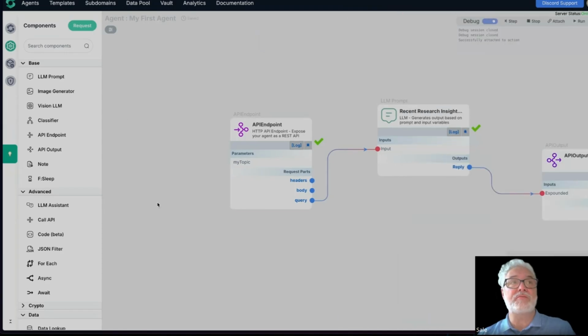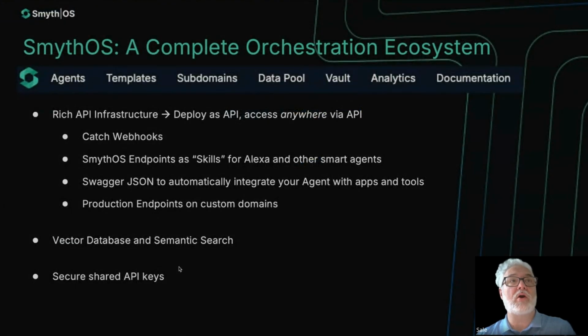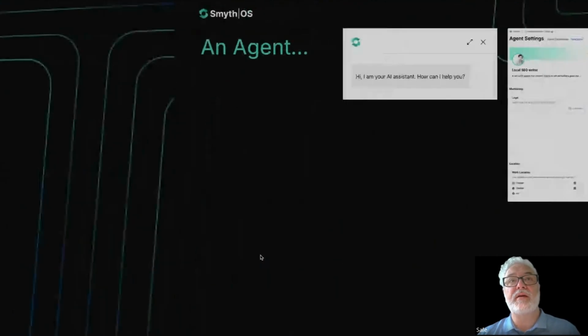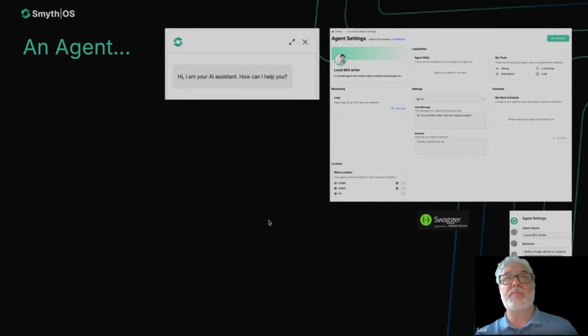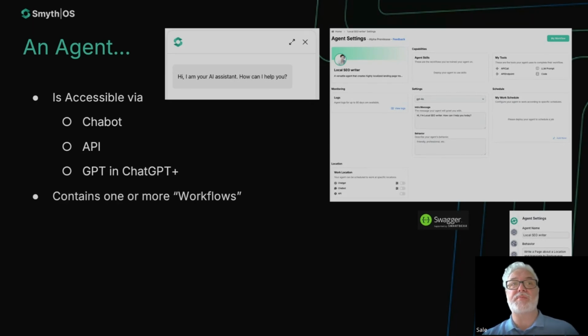A lot of information, a lot of stuff here. Let's go ahead and shift back over. We're running a little bit long to kind of talk about what we did. We looked at what is an agent. We looked at a kind of chatbot embodiment. We looked a little bit at the API embodiment. We looked at the components and how you actually build an agent. This is the settings page, and it's accessible via API, chatbot. We talked about this. We've mentioned and showed you very quickly the instructions for building it in a GPT, and